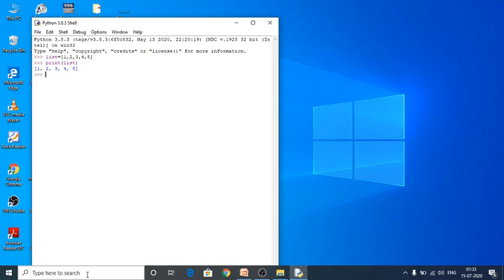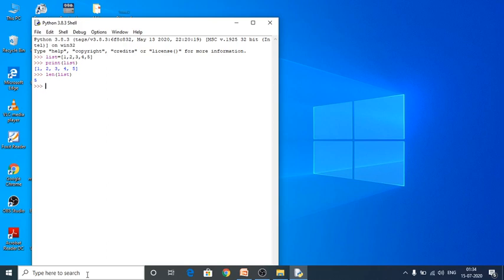For that I have to use the len function. Within the len function I have to give my list name, list. So see here, yes, totally 5 elements are there. So the length function in Python is used to find the length of a list, which means how many elements are there in the list.